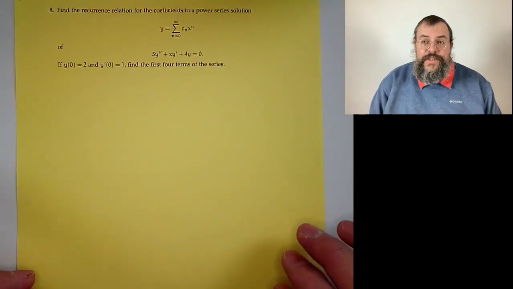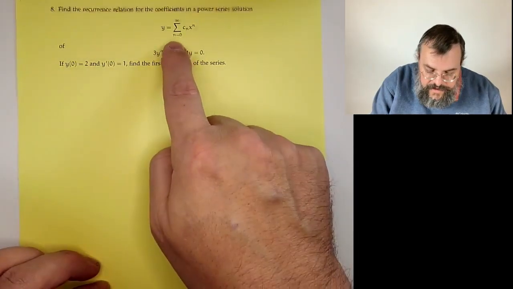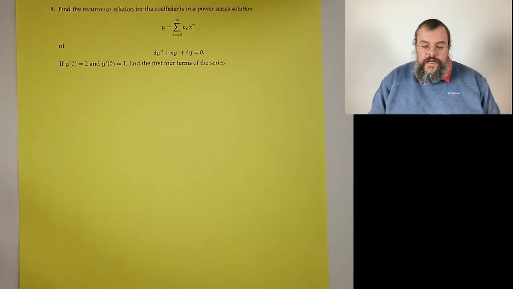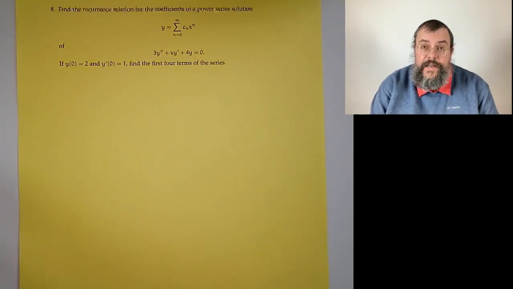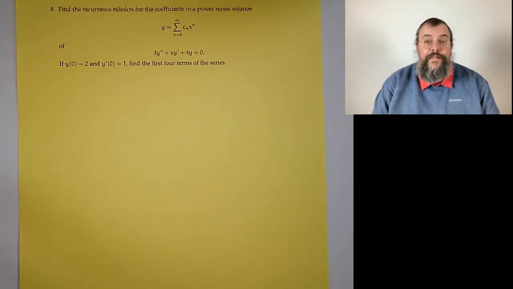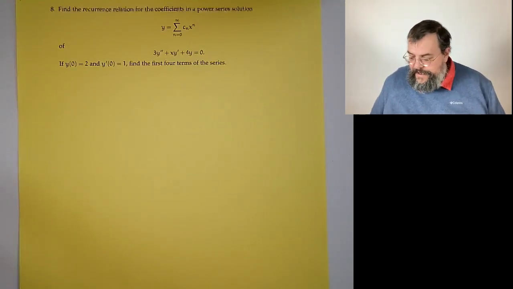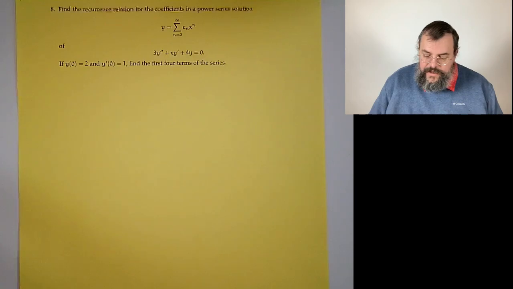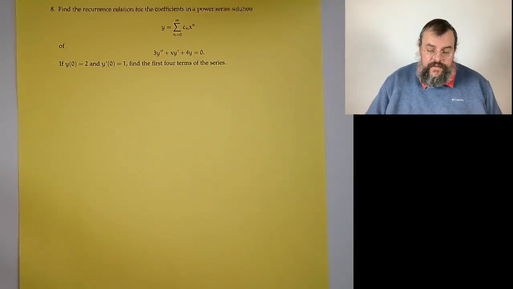Find the recurrence relation for the coefficients in a power series solution of 3y double prime plus xy prime plus 4y equals 0. And if y of 0 equals 2 and y prime of 0 equals 1, find the first 4 terms of the series. Okay, great. Now, we start as we do pretty much any problem that involves series, and